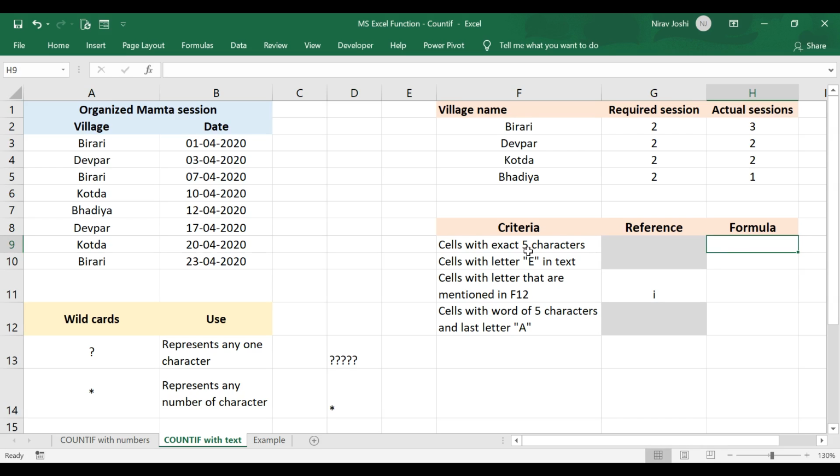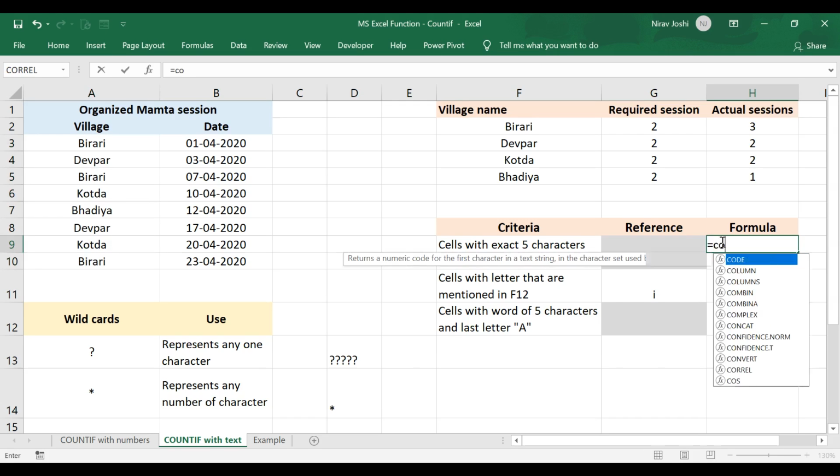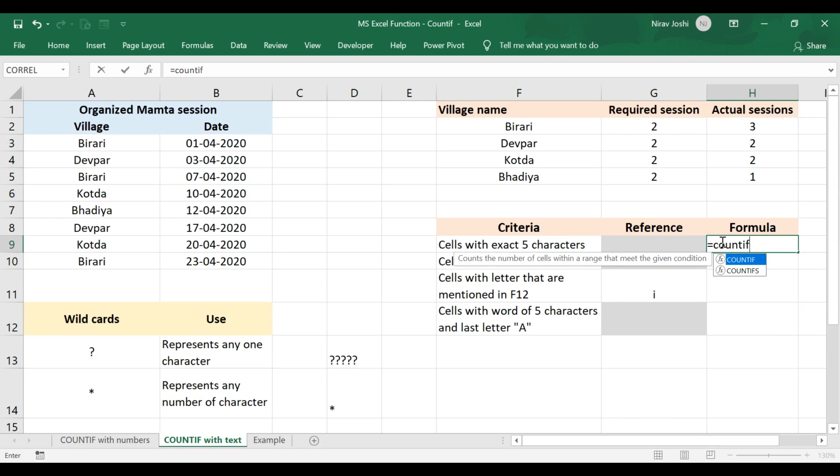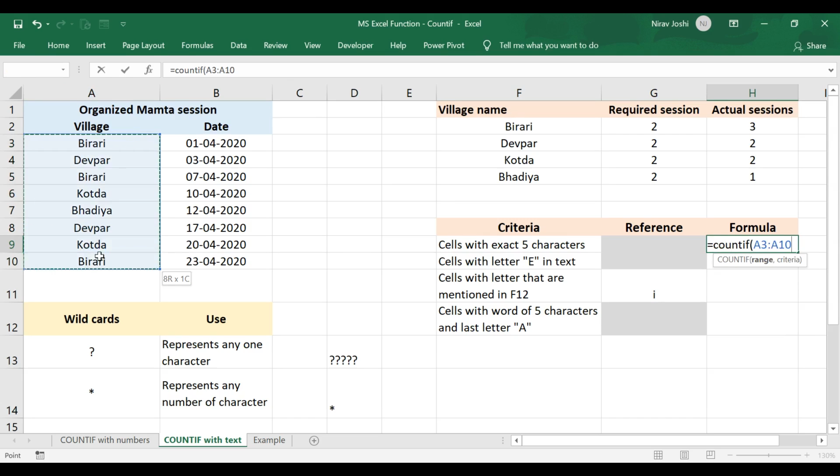Suppose we want to calculate the number of cells out of this range which have exactly 5 characters. Any 5 characters, it might be A to Z, anything including symbols but except numbers. For that we will use the COUNTIF formula. Then we will select the range and apply the question mark wildcard as the criteria, as we want to count words with 5 characters.